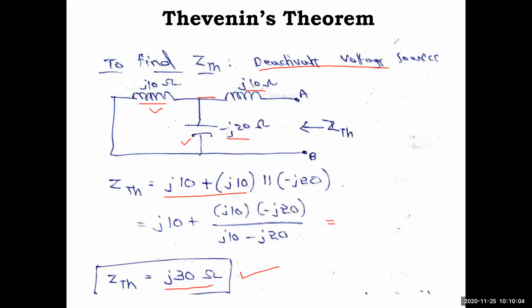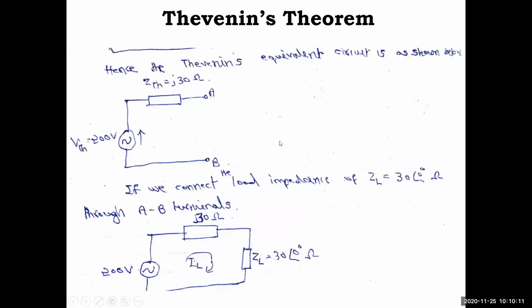So now you got the Thevenin's equivalent voltage and impedance. Now we'll draw the circuit. Drawing the circuit also carries 1 mark. That's why writing the circuit is very important. So Thevenin's equivalent circuit is VTH having a value of 200 volt in series with an impedance J10 ohm. So this is the first part of the calculation.